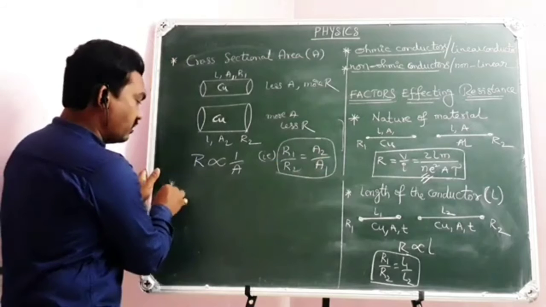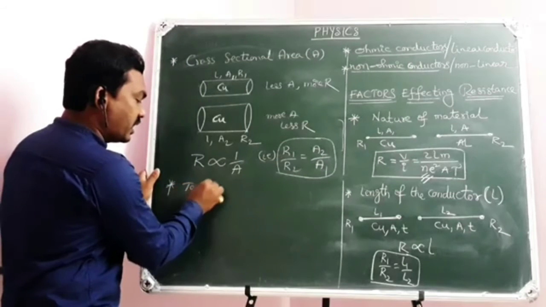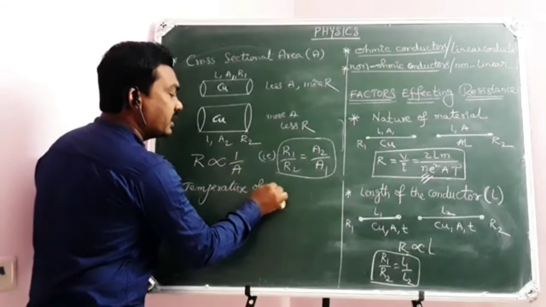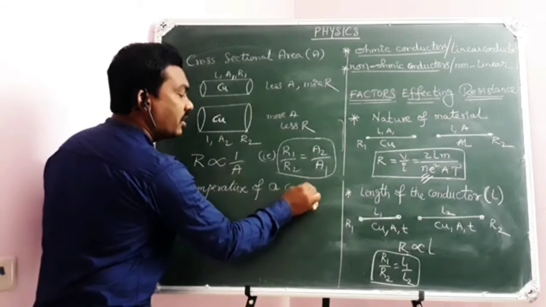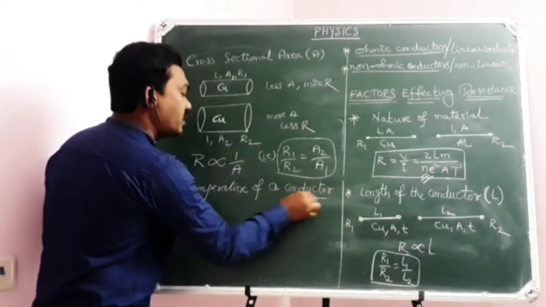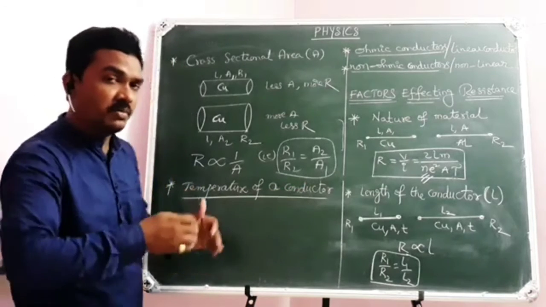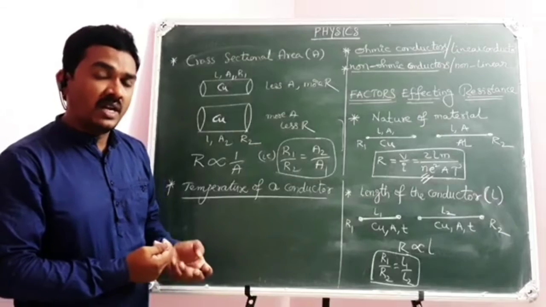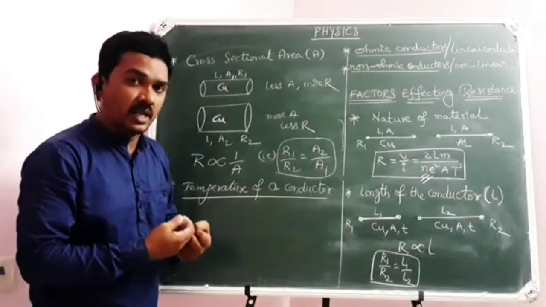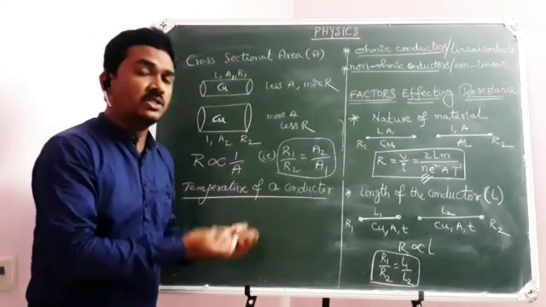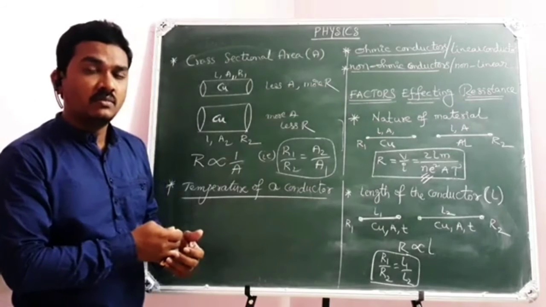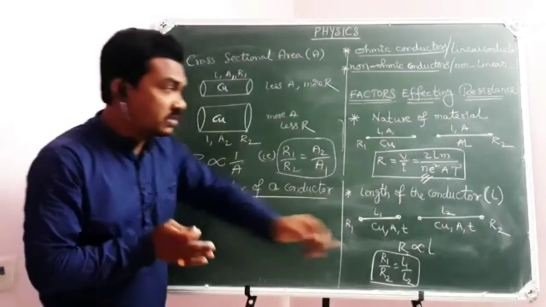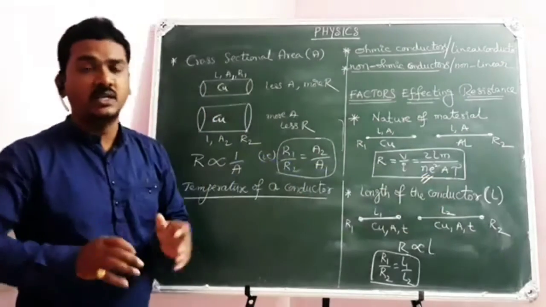And the last but not least here, temperature of a conductor. Just now I have told you, temperature of a conductor is increased on heating. If you are going to heat up the conductor and its temperature has been increased, what will happen here? While heating, the heat energy will be absorbed by the electrons and they move a little more faster than earlier. So what will happen? The interval of time between the collisions, which is the relaxation time, will decrease.